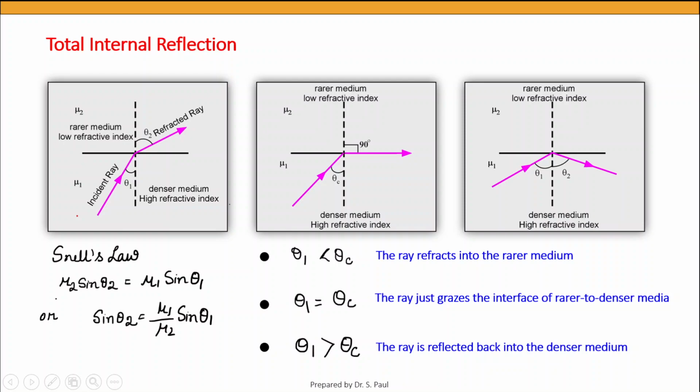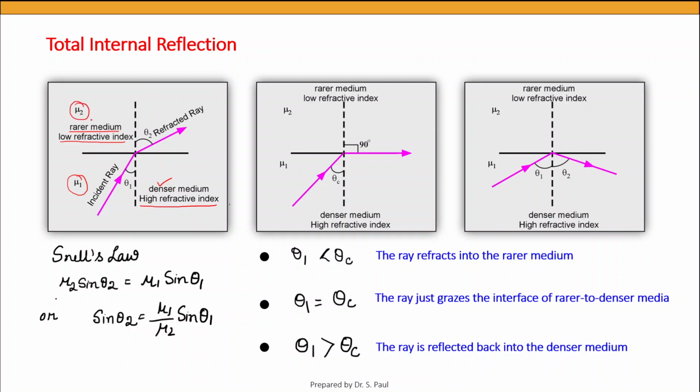Now you see here, the total internal reflection. First, let us define the medium. When the refractive index of a medium is very high, we call it a denser medium. When the refractive index of the medium is low, we call it a rarer medium. Let us take the refractive index of the denser medium as mu1 and